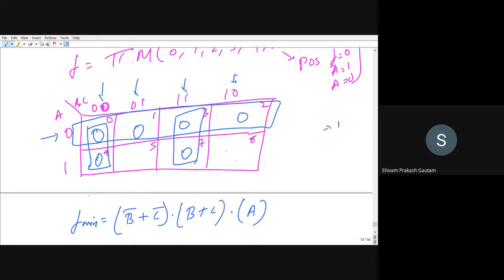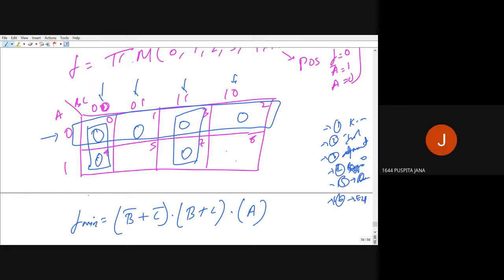First step is that you have to make the K-map. Second step is you have to see the isolated cell. Third step is you have to see the cell to which only one adjacent cell is having the value. Fourth step is you have to look for a square, that is a quad or octet. Fifth step is you have to see if any other remaining cell is there. Step number 6, you have to write the finalized expression.